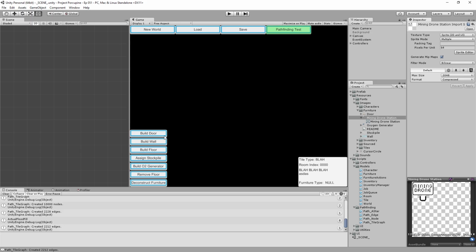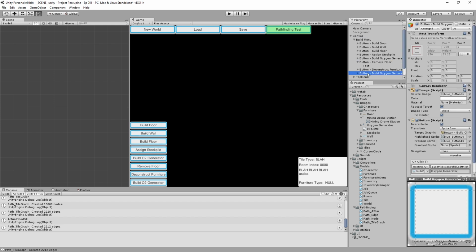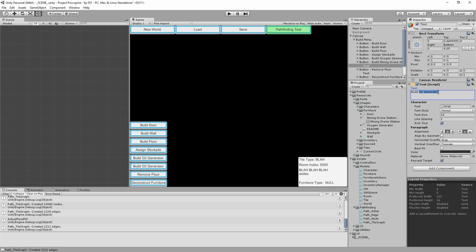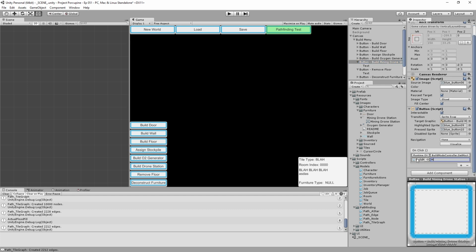If we add a button in the UI build menu, build oxygen generator, let's duplicate this one. I'm just going to put this one next to it. This is going to be build mining drone station. We might want a shorter label because that's a bit long. I'll just call it drone station in the menu over here. And if we update the button to say mining drone station is the string that we're going to pass to